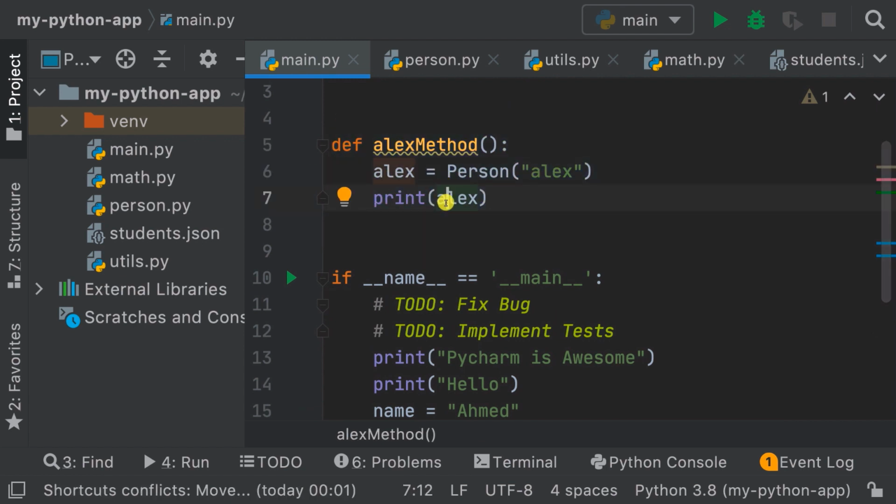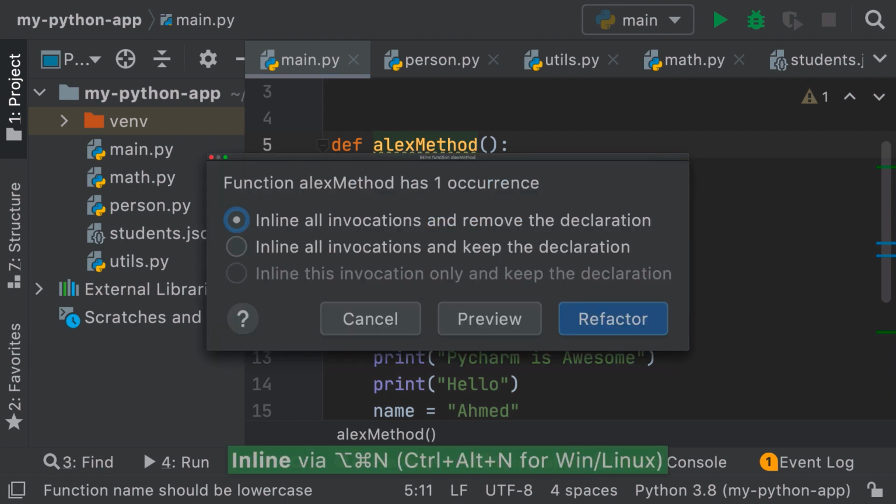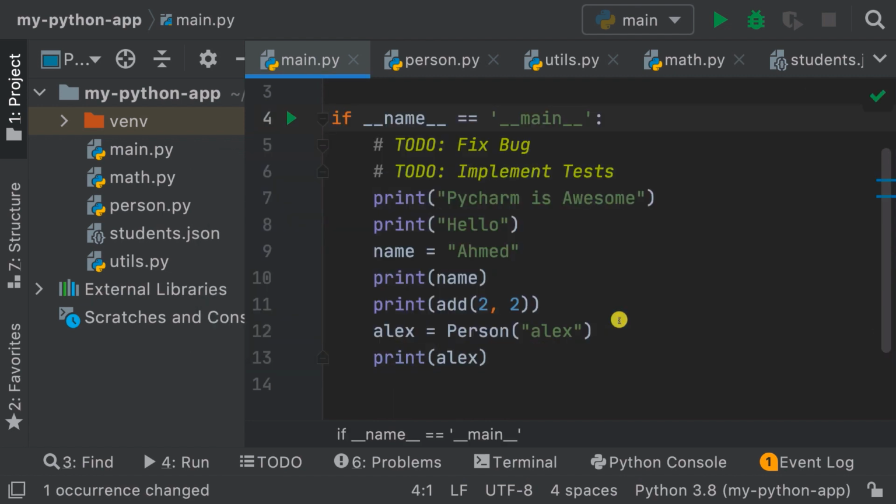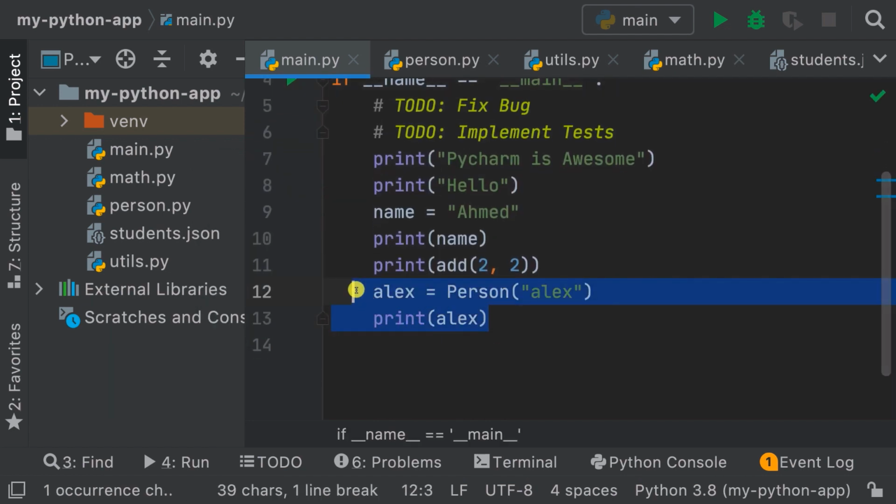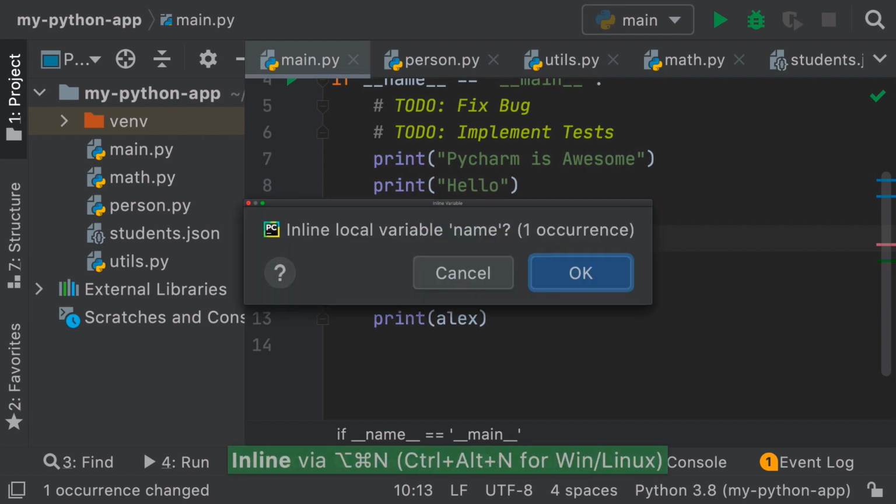So if I want to put it back, I can inline. So I can press Command and then Option and then N. And this just removes the declaration. And I can say Refactor, and it's just gone back, right? So Command Option N, the same here with name. I can say, right, so I want to inline this, Option, Command, and then N, and then inline local variable,